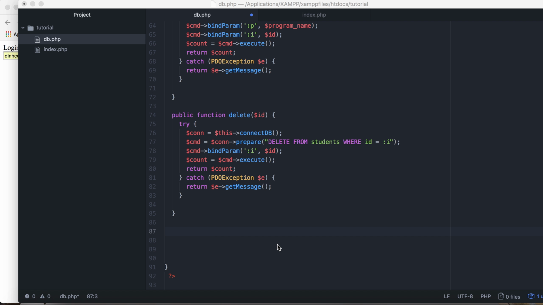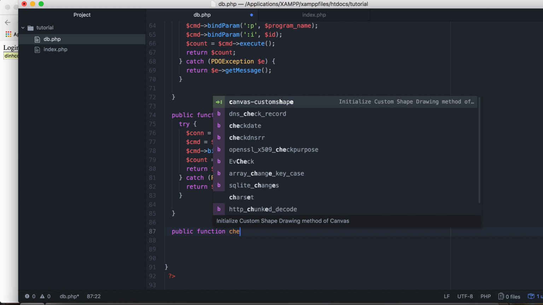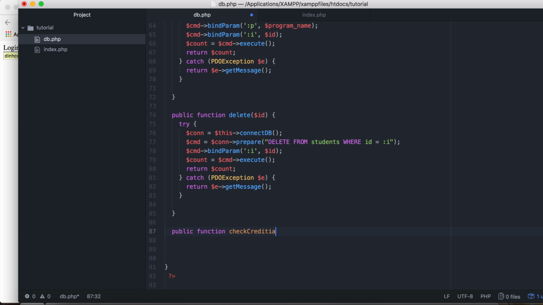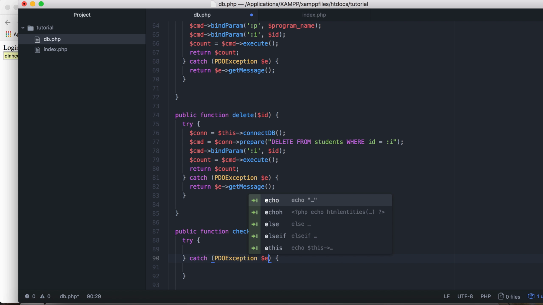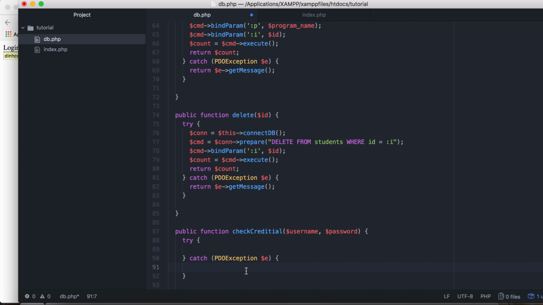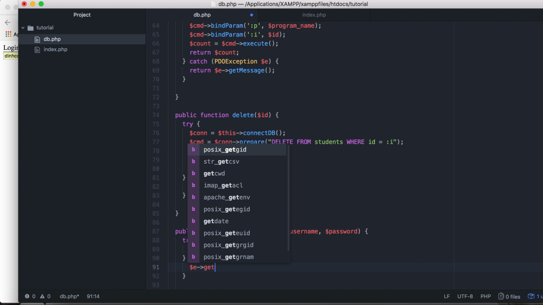Let's create the check credential function. So public function checkCredential. In here we're going to pass in the username and the password, and we're going to put in a try catch block as well. So PDOException $e. I'm going to return the object $e getMessage,